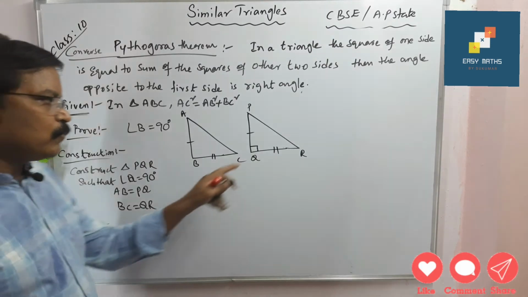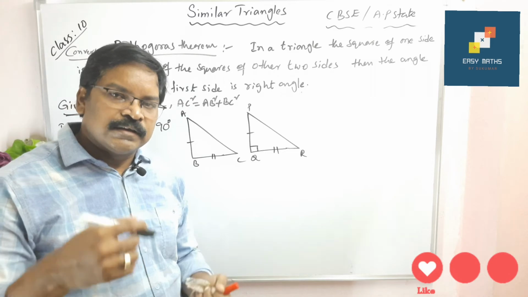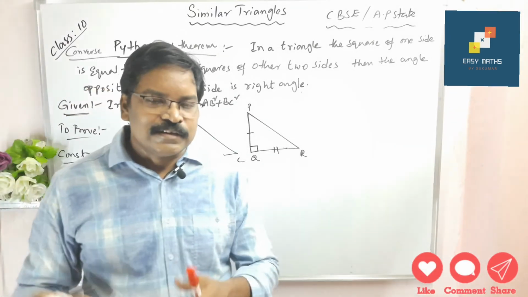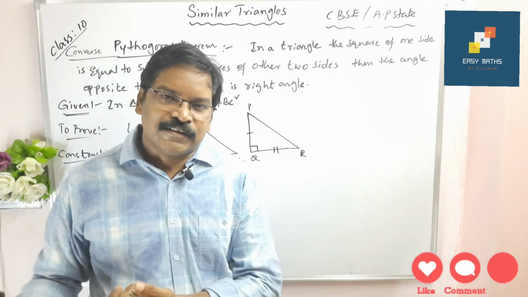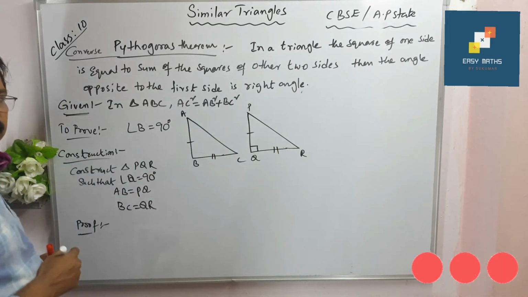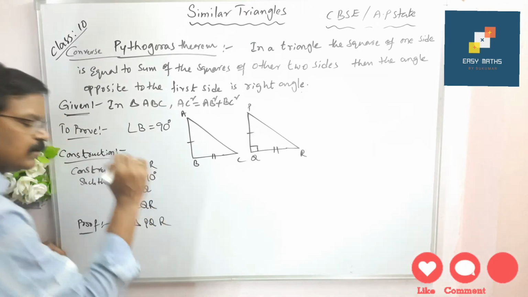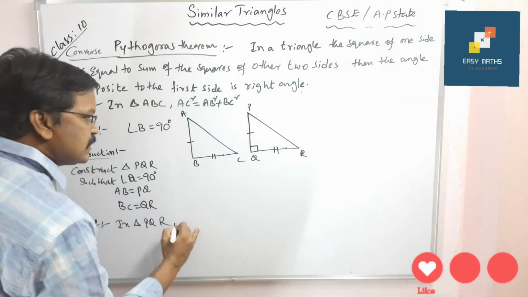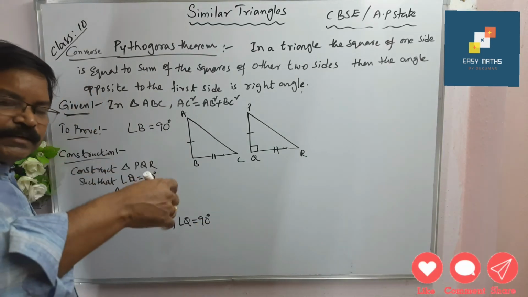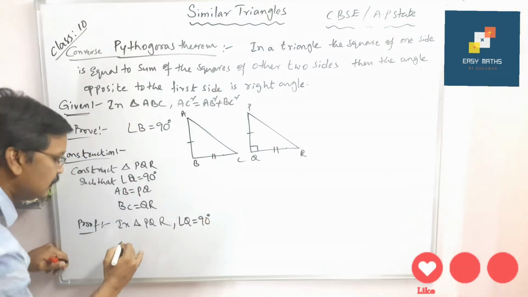Students, what is the name of this triangle? PQR. It is a right angle triangle. What is the name of this triangle ABC? We don't know. It is not a right angle triangle, but we have to prove that, right? Okay, so this triangle is a right angle triangle. So in triangle PQR, since angle Q is equal to 90 degrees, we can apply what? Pythagoras theorem.